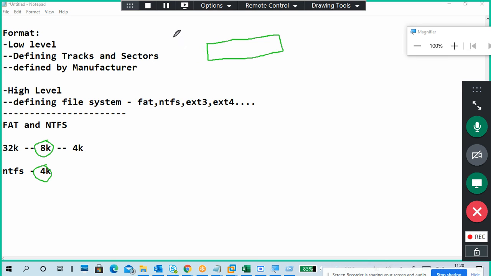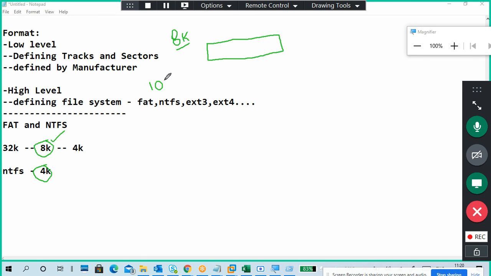My size is 8K. I took FAT and FAT32, which by default use 32K or 8K depending upon the disk size. I took 8K for explanation purposes. Each allocation size is 8K.